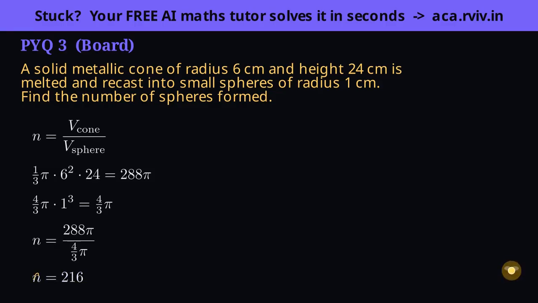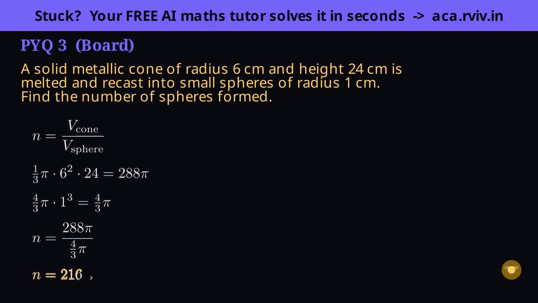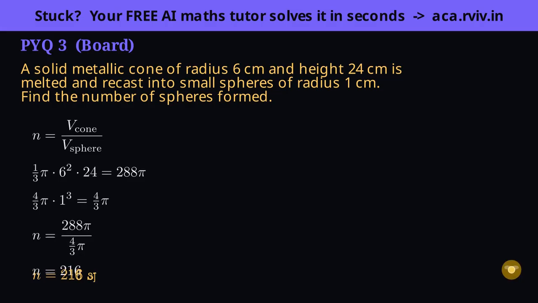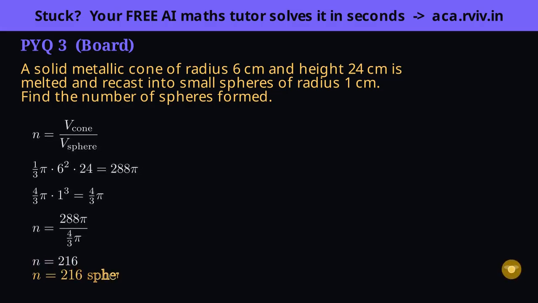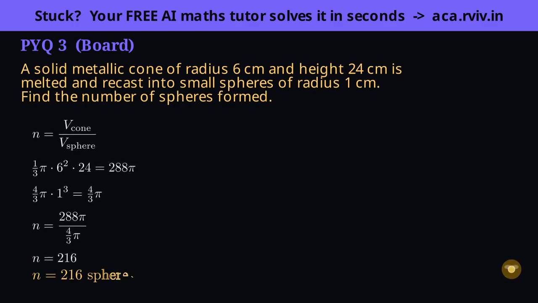The principle for every melt and recast problem, the total volume stays fixed no matter the new shape, so counting the new pieces is always old volume divided by one new piece, a single division in which pi reliably cancels. Spot melted, or recast, and read straight for conservation of volume.